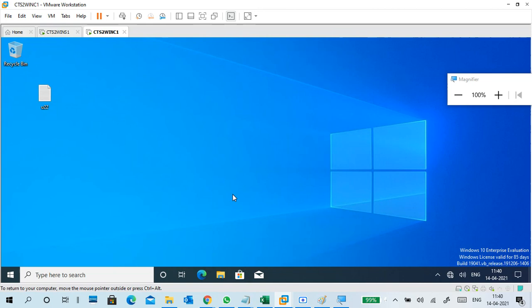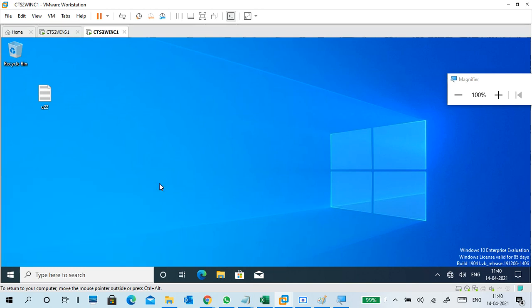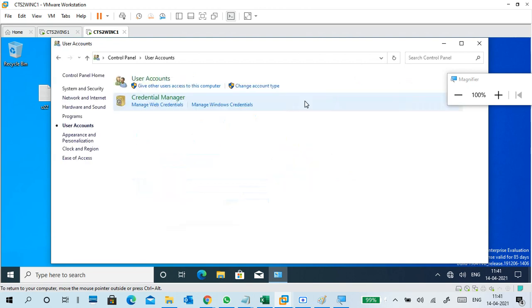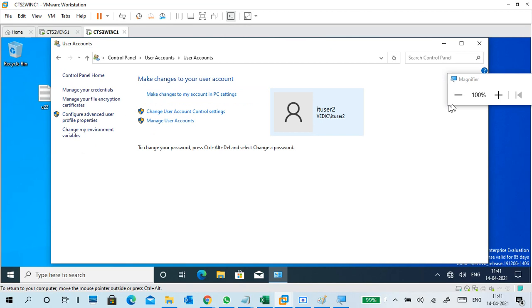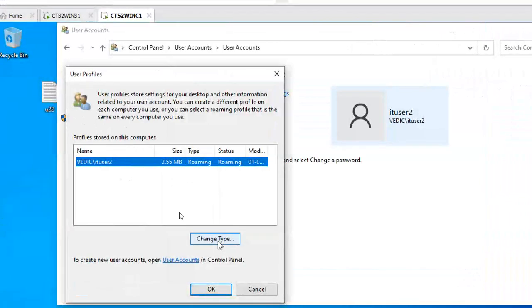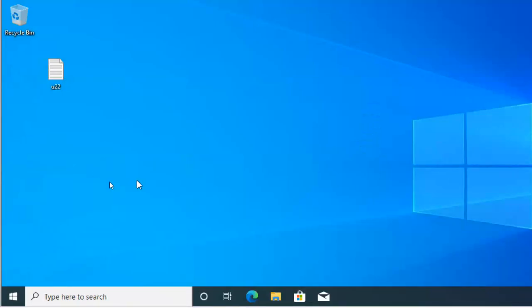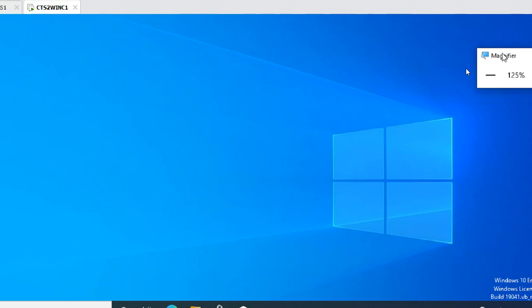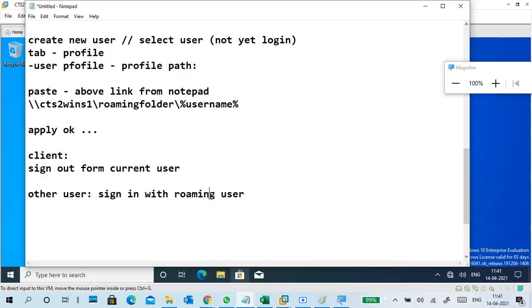Actually, because of this permission change, my roaming profile will be disturbed. It's showing roaming still, no problem, but sometimes it will be disturbed. It won't sync the data properly from there to here and here to there. That's a problem.